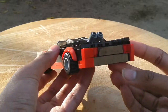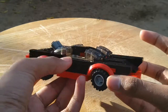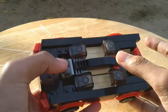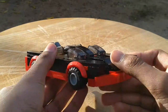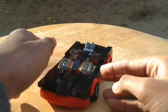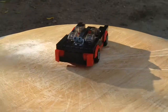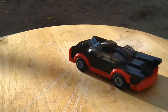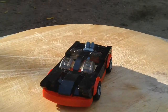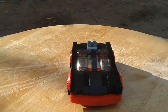It's very basic, using a red and black color scheme. Has some wheels around, and then for the exhaust part in the back, I accidentally made it 2 instead of 3, which it's supposed to be. So that's kind of a mistake on my part, but I still think it turned out pretty cool. This is a very simple car, no big designs from it, but I think it turned out